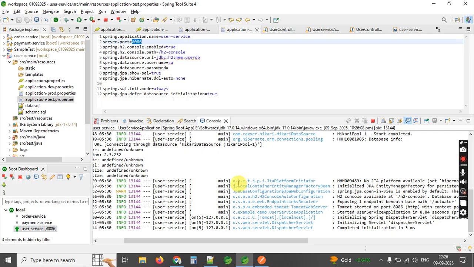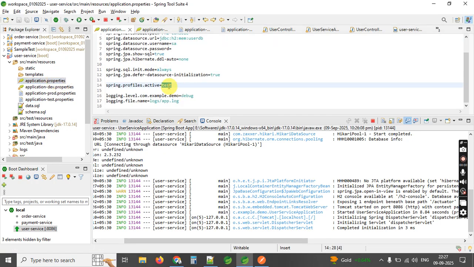For every project, we have multiple environments like dev server, production, test. For every environment, we have different properties. So it is difficult to switch from one environment to another if you want to do the configuration in the code. Spring Boot has a facility where we can change just the property name in spring.profiles.active. If you change the file name, it will directly take that production or test file.